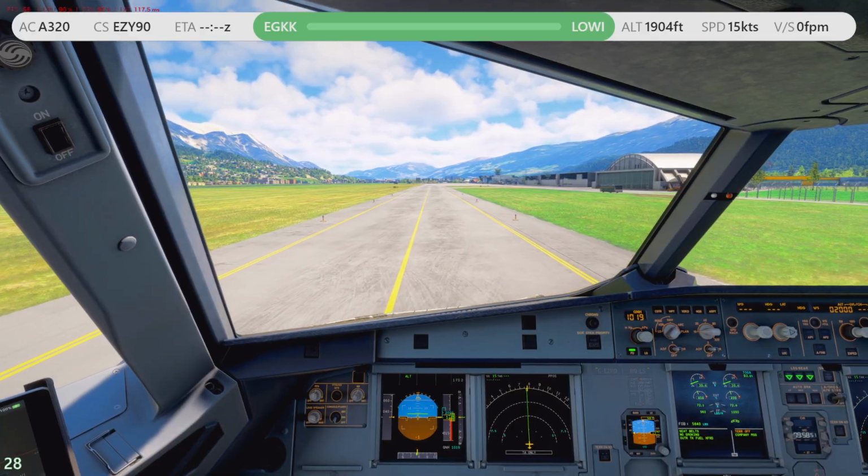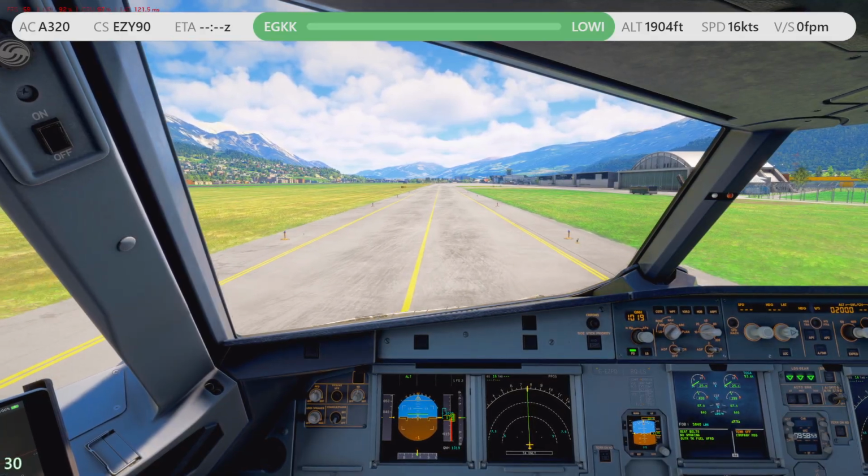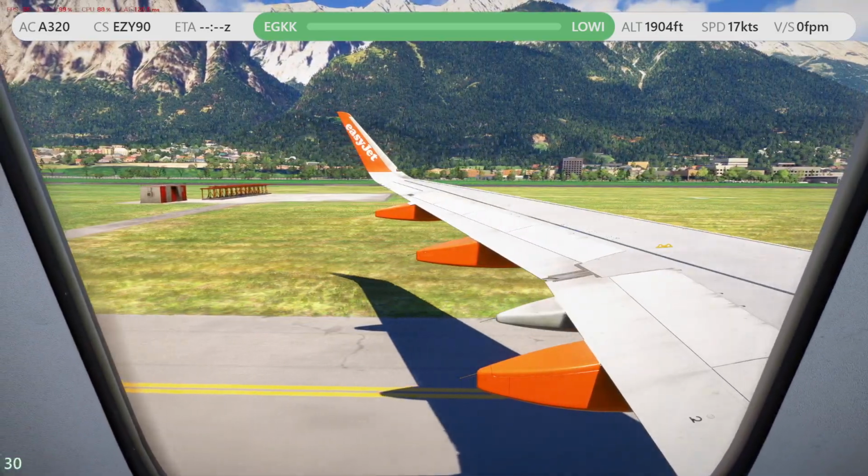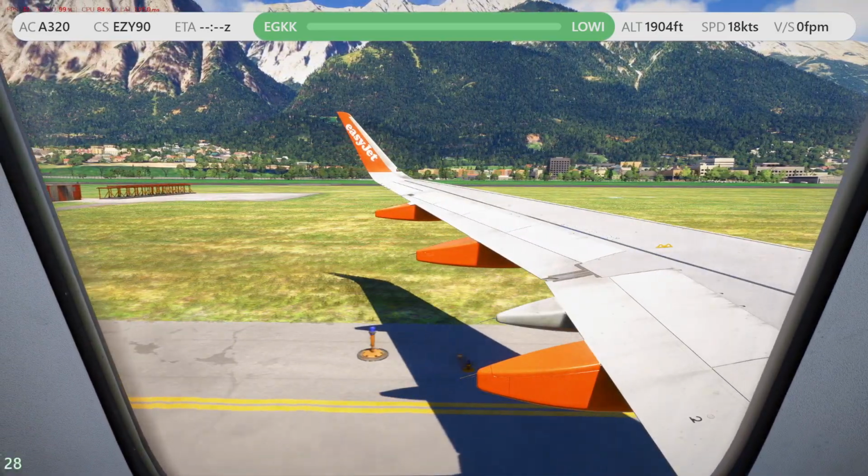Alright, welcome to Innsbruck. However, we ask that you remain seated until the fasten seatbelt sign is